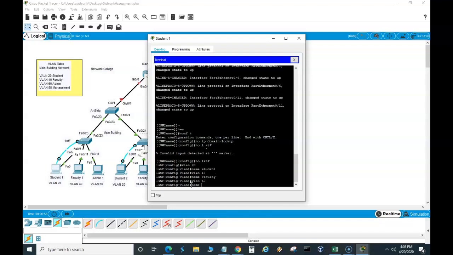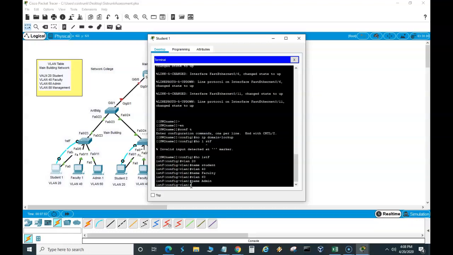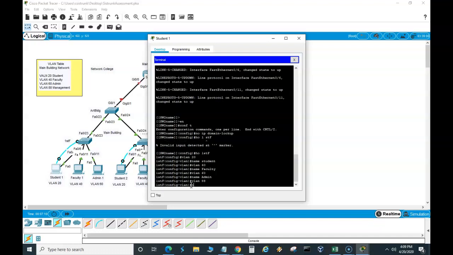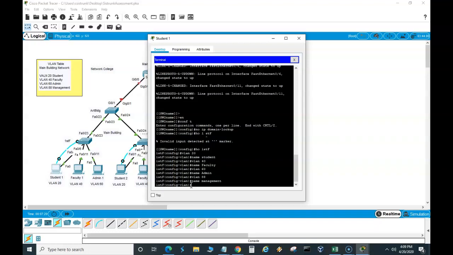I'm gonna say name, add man. You always gotta add man, so make sure everything's secure. Then VLAN 88, and you know the 88 is the management, so we're gonna name that management, and to make sure the management is able to access control. Then I'm gonna say